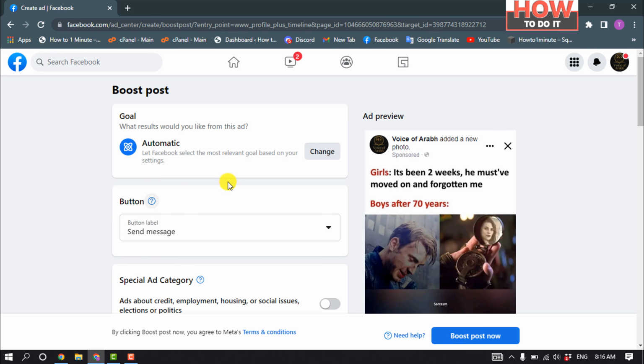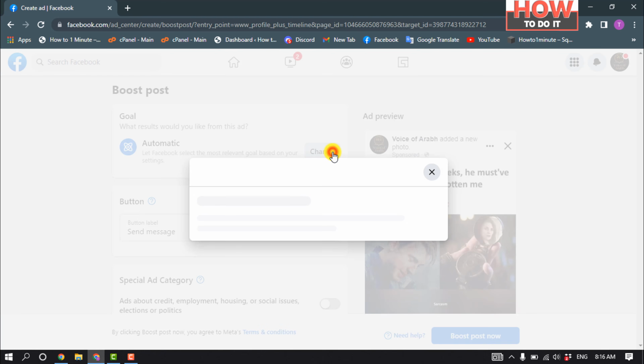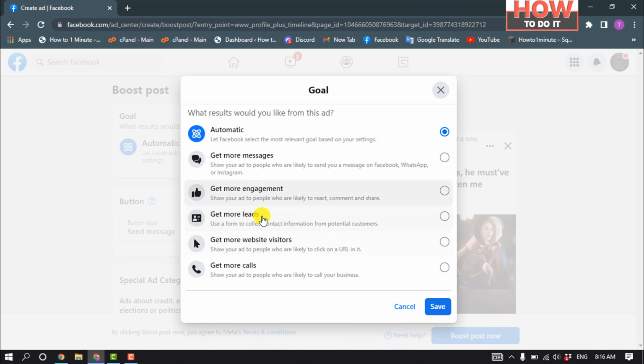You can let Facebook select the most relevant goal based on your settings, or you can choose goal manually by clicking on change, and now you can select any option or any goal from this list and then click on save